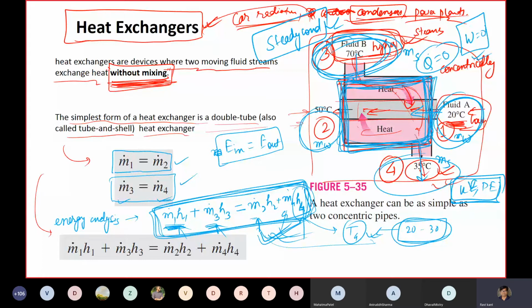This thermodynamics course is so powerful that if you are going to work in thermal industries or refrigeration, you need to know thermodynamics from scratch, and while designing also, you should have the knowledge of thermodynamics.